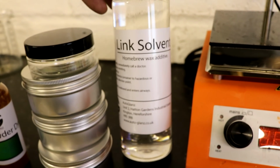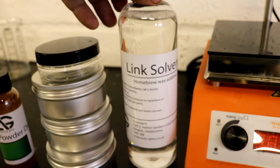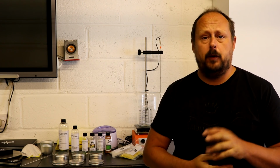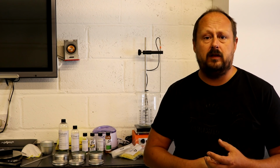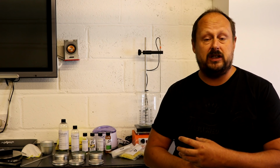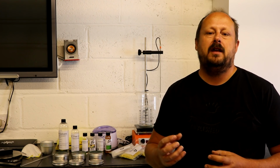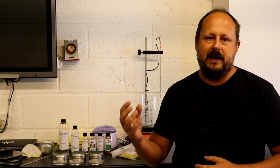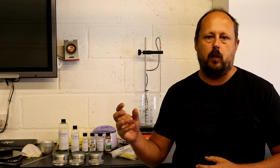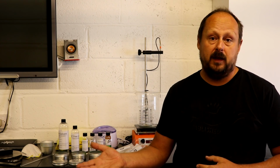You get 500 milliliters of our Link solvent blend, okay? So it's a complex blend, it's not just a single solvent, it's a low aromatic petroleum distillate, okay? Which is, if you're putting scents in your wax, you have to use these low aromatics, they're slightly more expensive. The key characteristic of the Link blend over a single solvent is you get a combination of a medium or heavier petroleum distillate or solvent with a lighter one, which can give you different